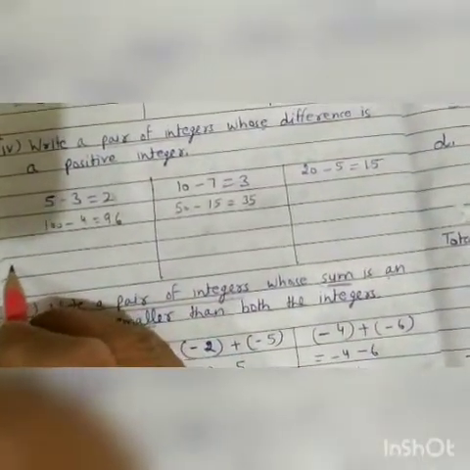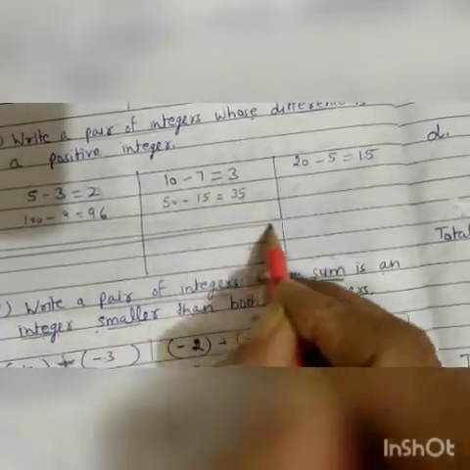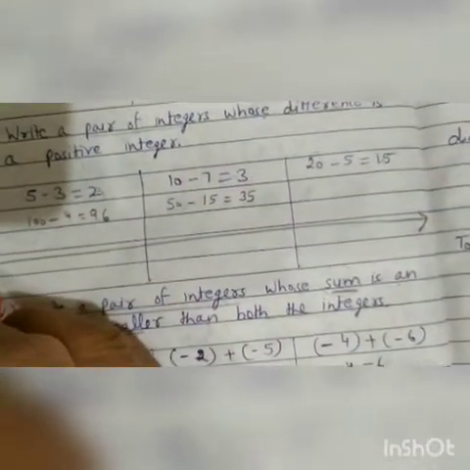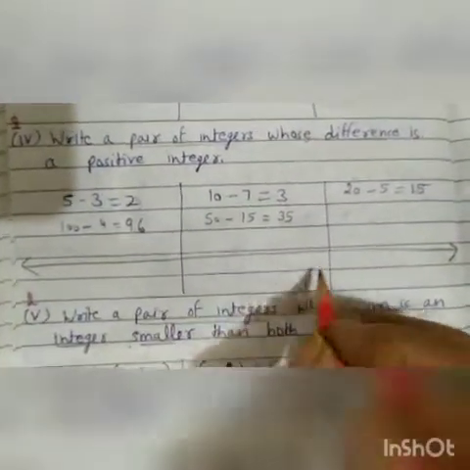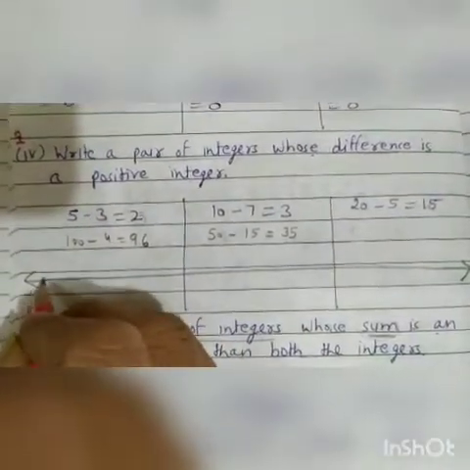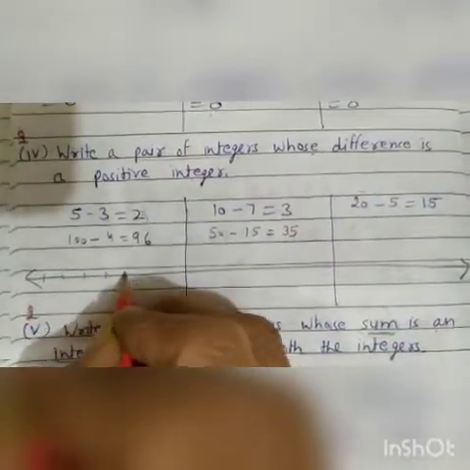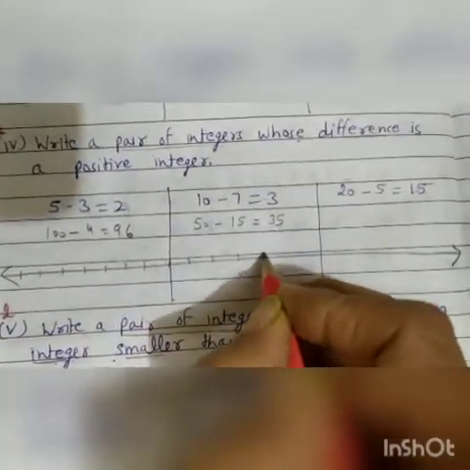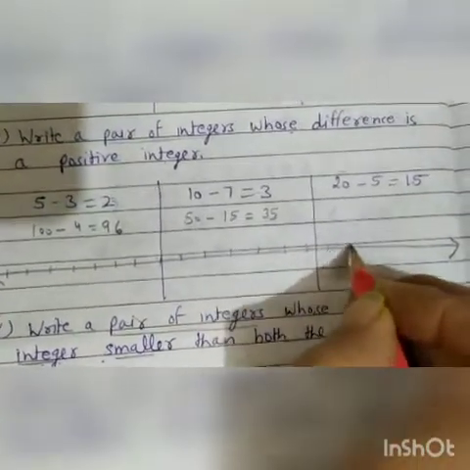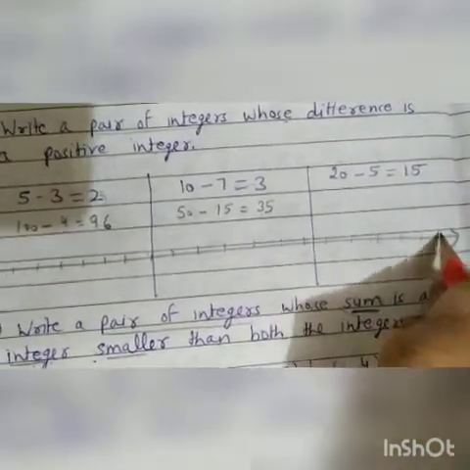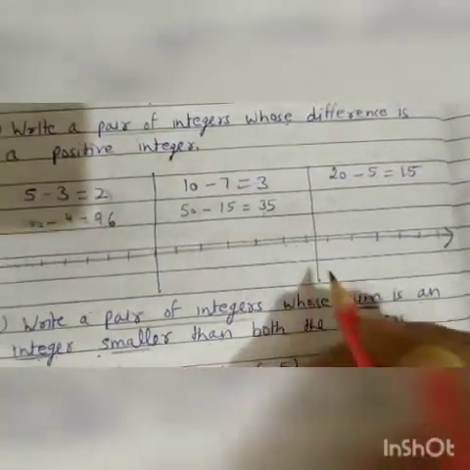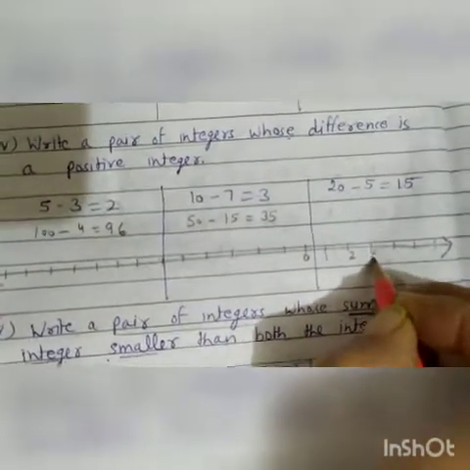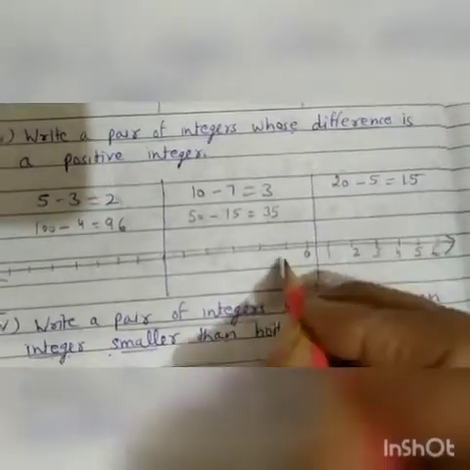I think you know number line. You have studied number line in 6th standard. But I am telling you again, this is a number line. We divide this number line into many parts by marking some marks at equal distance like this. Now suppose I am taking here 0, 1, 2, 3, 4, 5, 6.